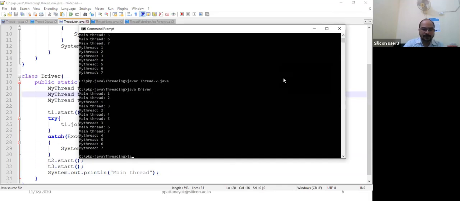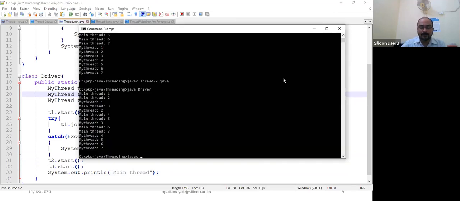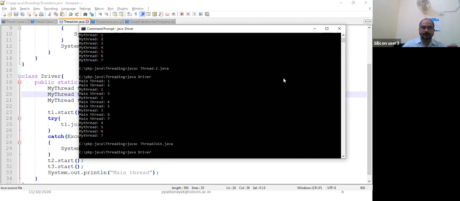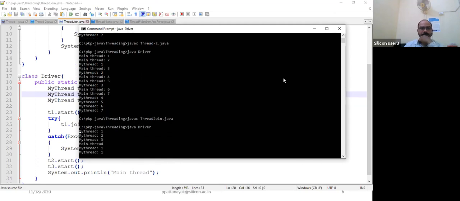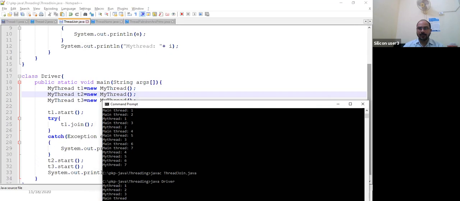So, Java C, thread join. Java driver. Correct. So main thread 1, 2, 3. This part will execute.